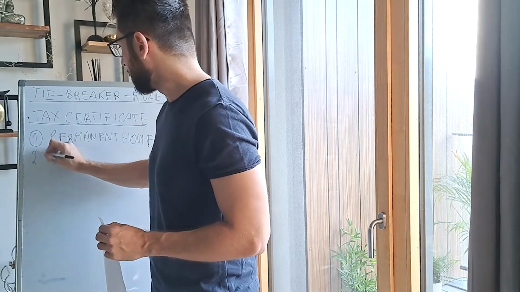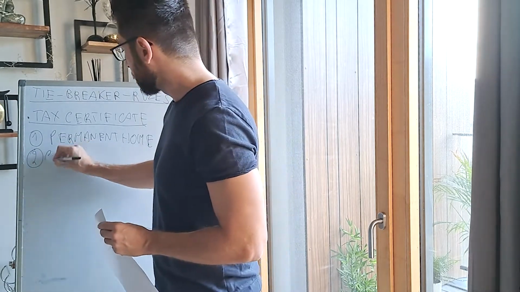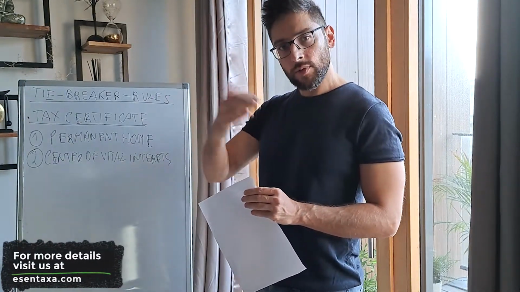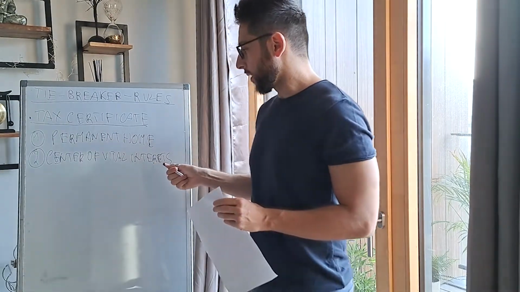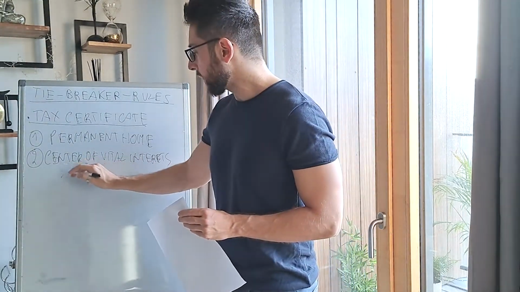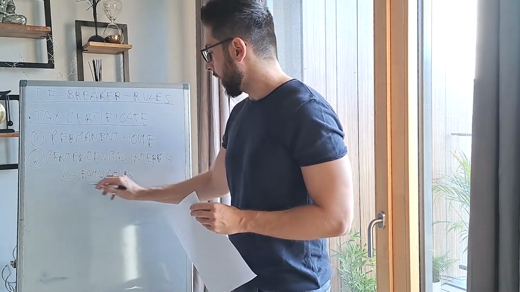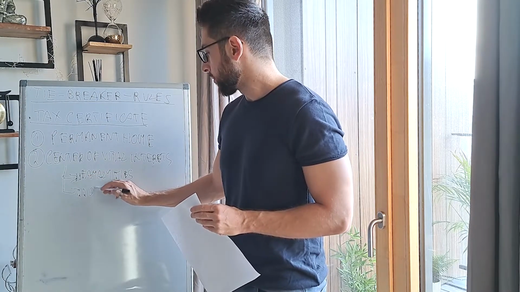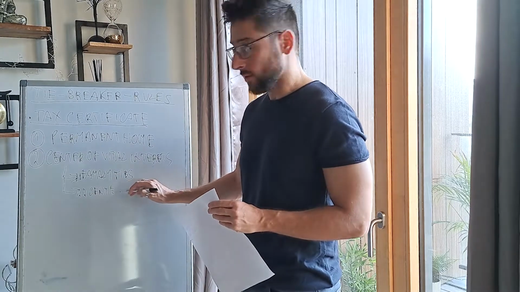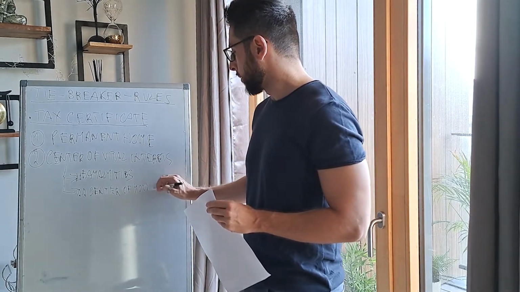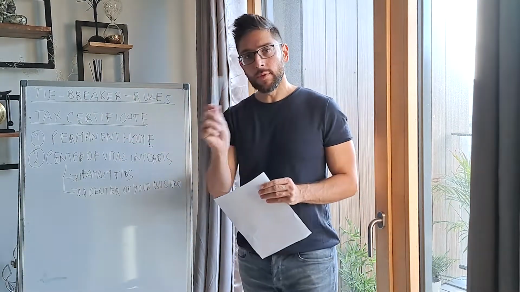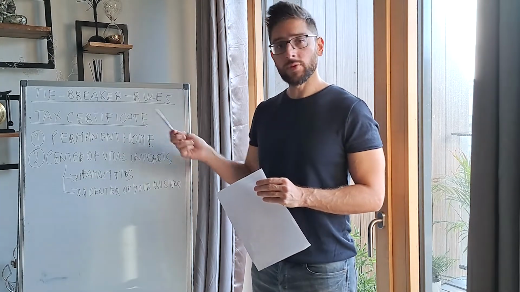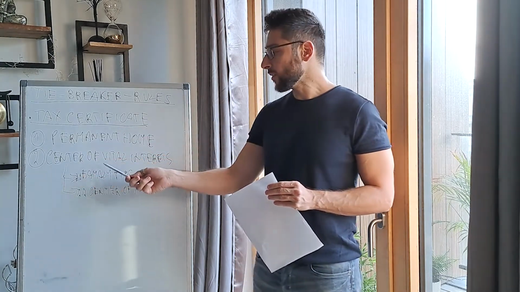The second point of the tie-break rules is the center of vital interests. And the center of vital interests is basically divided in two subcategories. Most of the countries divide this international rule in subcategories. One category is family ties, and the second one, as a priority, so this is 2.1 and 2.2, is the center of your affairs, of your business, of your work. So basically the two countries that want to tax you first check the permanent home. If you're not able to understand which is your permanent home for most of the year, they move to the second element, which is the center of vital interests.